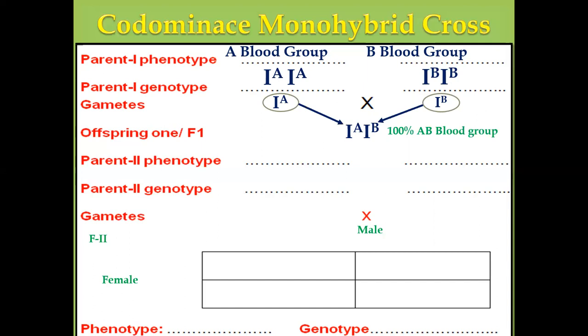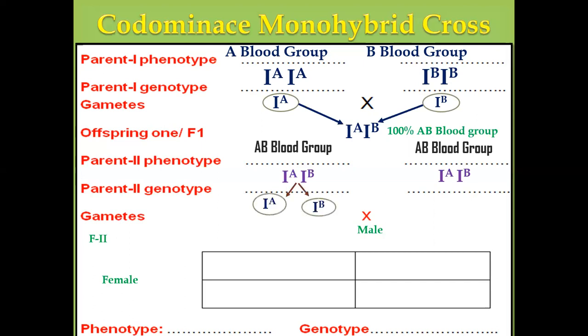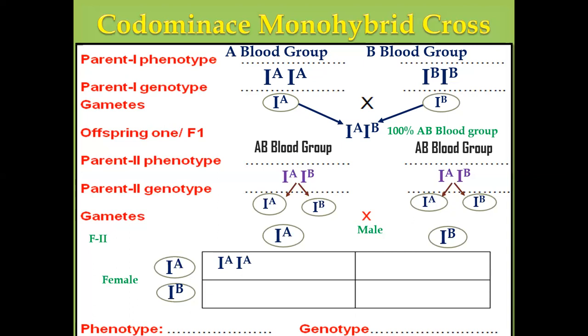We're going to take the F1 generation as the parents two. So we will select one male and one female with blood group AB and AB. We're going to cross these two heterozygous varieties together. These two heterozygous varieties will produce two different types of gamete from the male side, and two different types of gamete from the female side. To calculate the F2 generation, we put the male gametes on one side and the eggs on the other side. For example, egg A can fertilize with sperm A and produce homozygous